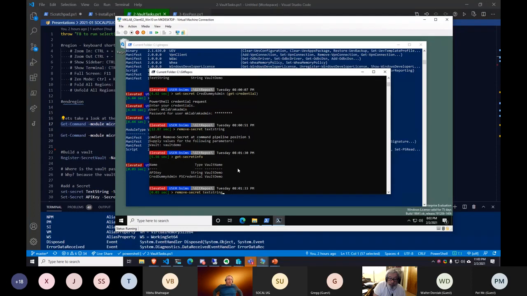It'll be able to recall the secrets without asking for the master password. And then after the timeout value, it'll lock the vault again. Okay. It's a really kind of crappy solution, but it works. The other option is to remove the prompt